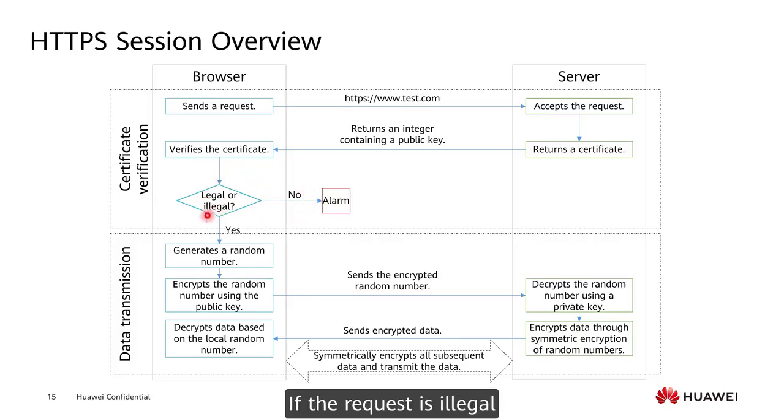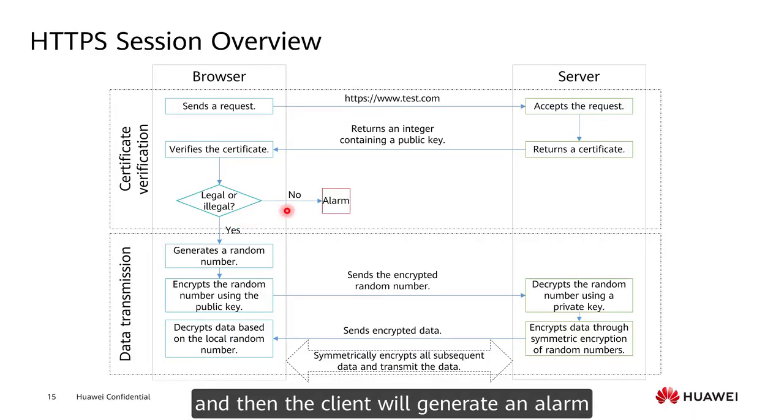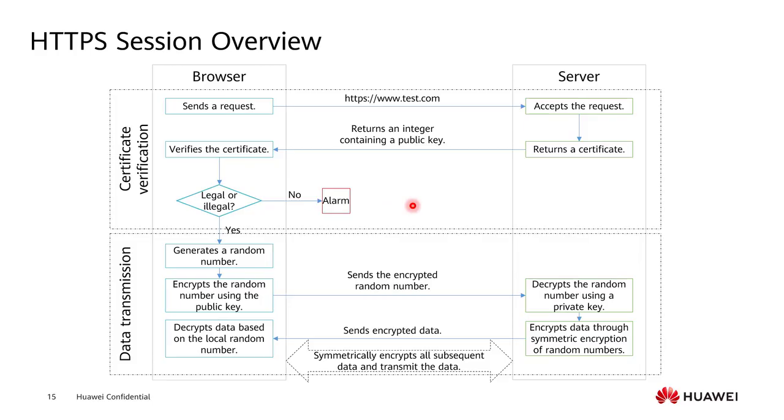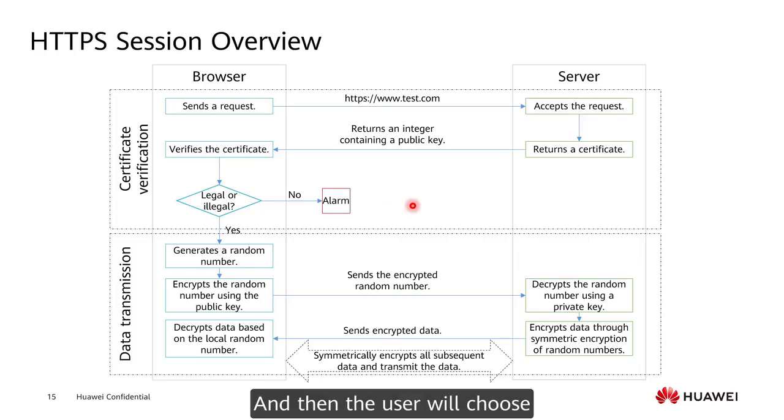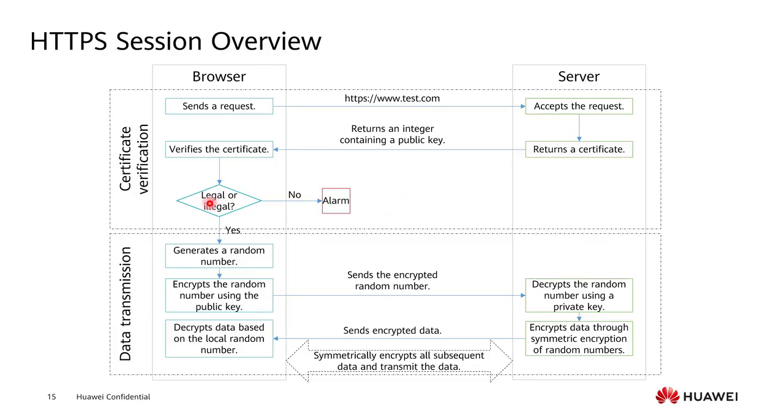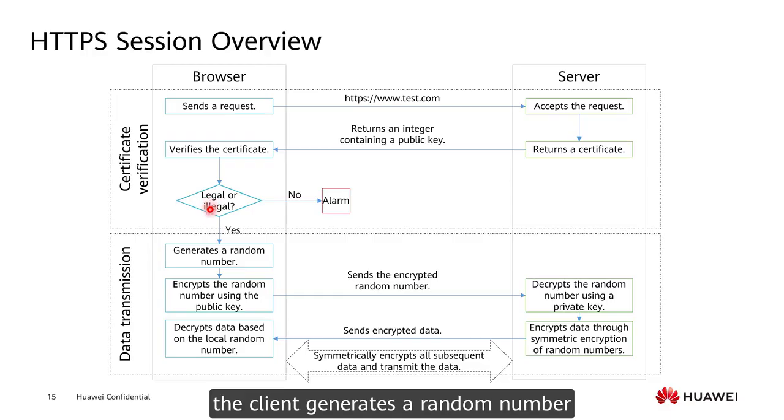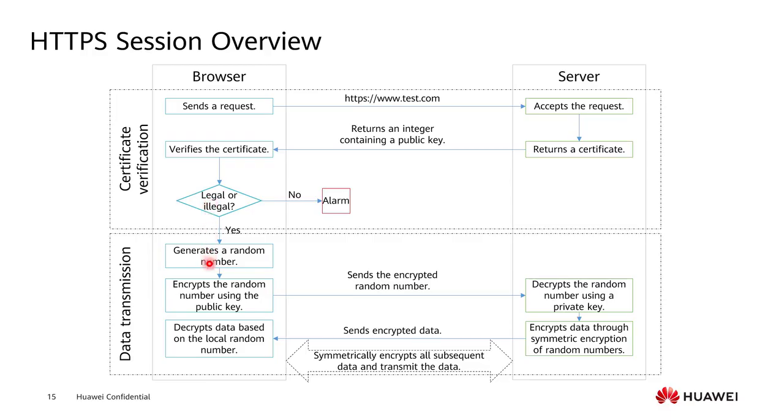If the certificate is illegal, then the client will generate an alarm, and then the user will choose whether to continue to access. If the certificate is valid, the client generates a random number and uses the public key